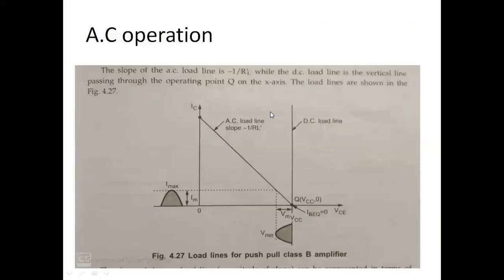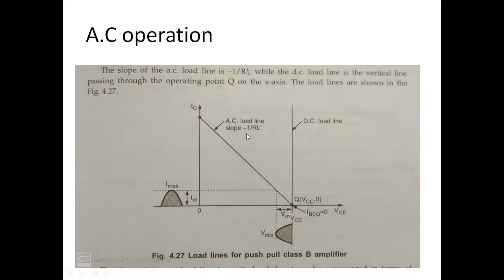Okay, let us find out the AC power also. In order to get the AC power, here we are drawing some AC load line. Here, what is RL dash? RL dash means we have a transformer here, with a secondary winding and a primary winding, and the secondary winding resistance reflects at the primary. We know all the data.